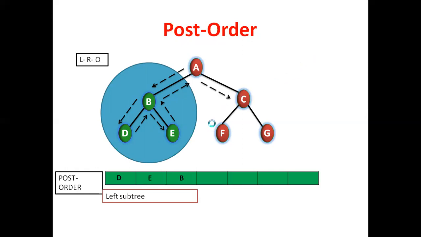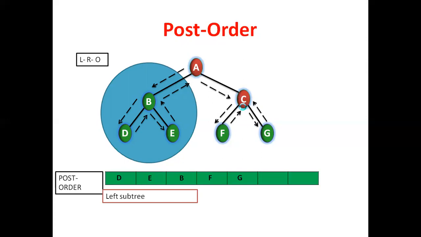According to the right subtree, check whether it is a subtree or not. Is there any left for C? Yes. Is there any left for F? No. Simply visit F. Visited. Next, right. What is the parent of F? C, right? C's right is G. I want to travel to G. So left of C completed and right of C completed, that is G printed. Now visit the root node, that is C.